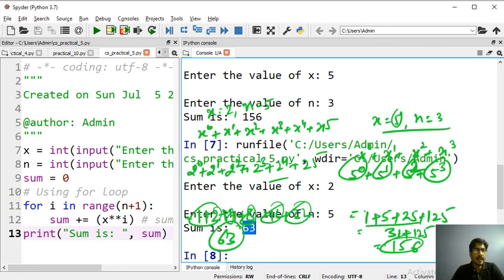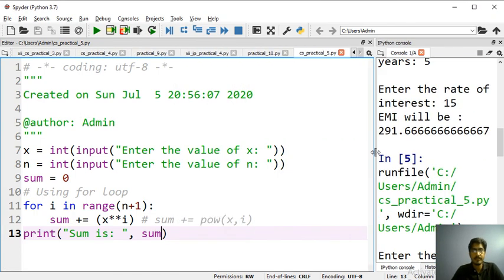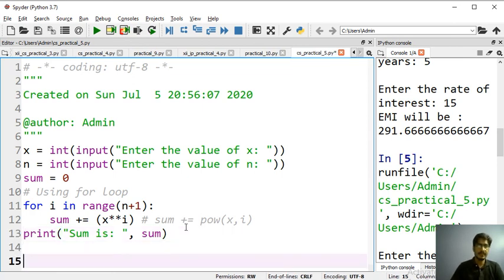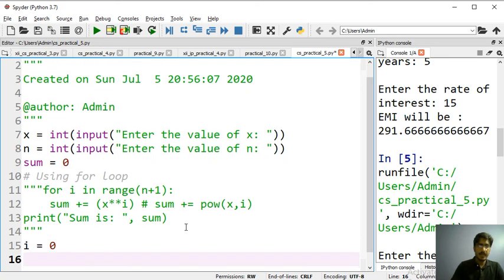Now we will do it through the while loop also. I am writing the while loop for your convenience. For using the while loop, I am commenting out this code and writing the while loop. In the while loop, I need to handle the variable i manually.